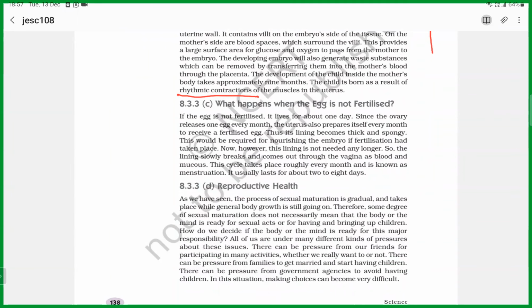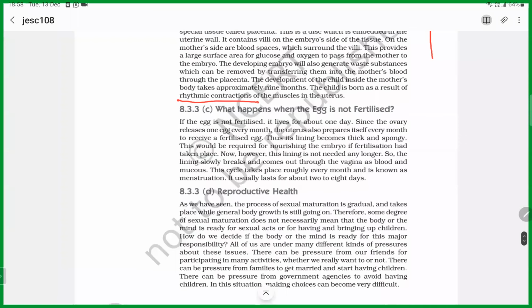It will disintegrate. Okay, if the egg is not fertilized, it can live just 1 or 2 days, and then it will disintegrate. But sometimes it may be 2 to 8 days. Some eggs may have more viability, but with progressive degeneration. It is not as active as on day 1. On day 8 it may be alive, but slowly the viability of the cell reduces. Okay, so that's the most important thing.